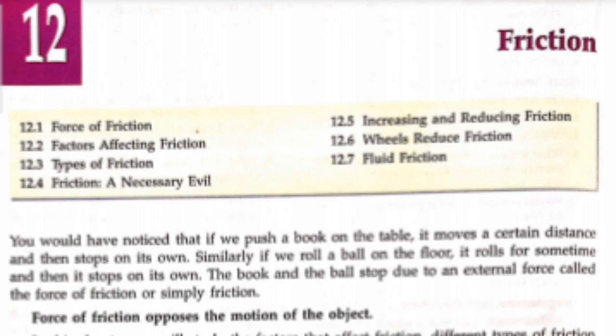You have seen, whenever we race a vehicle, it can increase the speed of the object. On an empty road we can increase the speed, but if there are pits and potholes on the road, or if there is a crowd on the road, we have to apply the brake. So it can decrease the speed. And when we have to turn the direction of the vehicle, then also we have to apply the brake. So this kind of force.